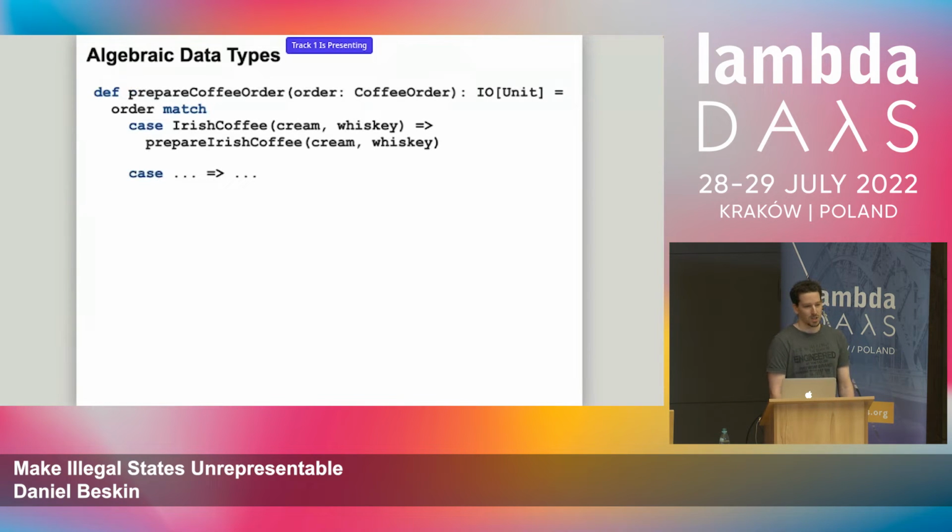So now we can, for example, when preparing the Irish coffee, safely pattern match on our order. And if it's Irish coffee, we know, and the compiler provides us with access to both cream and whiskey, and it's definitely there and can't be missing. So we do not need to assume any invariant about our code, don't have to lie about it in comments. And no exceptions can be thrown here or any other illegal states. And if we got to this point where we pattern matched and we have Irish coffee, we know for a fact that all requirements were met and nothing can go wrong in this respect.